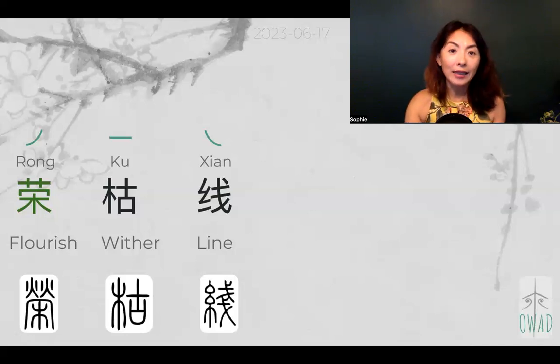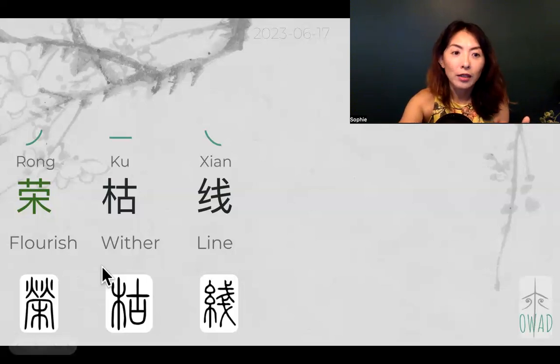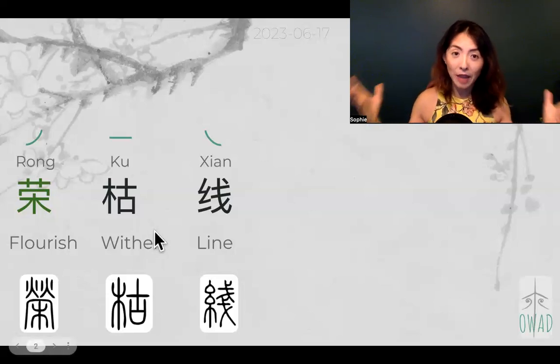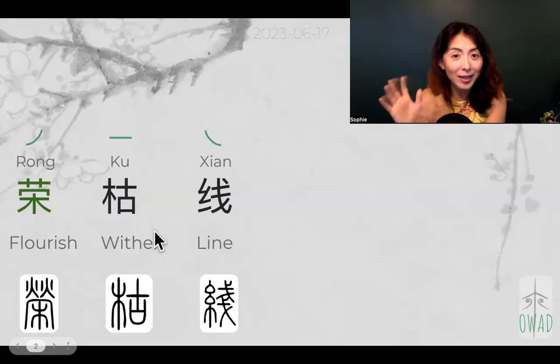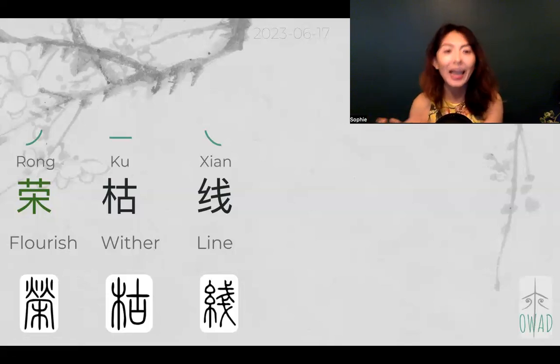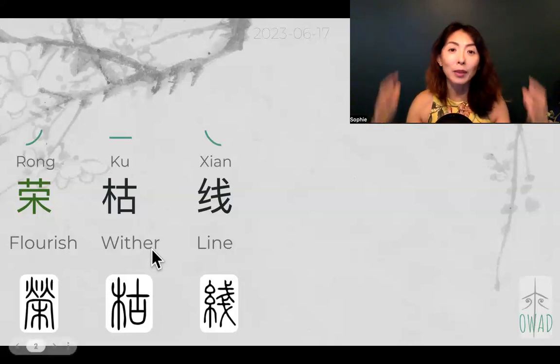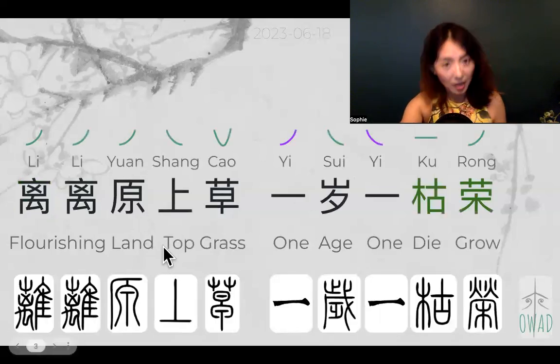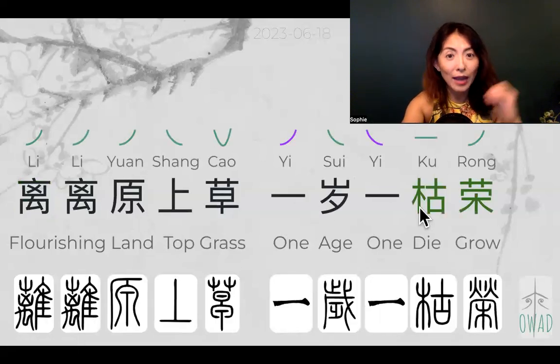So Chinese, interestingly, uses this plant-based symbol. 荣 means flourishing, like a big canopy type of tree, and 枯 means a ten-generations-old tree that's possibly withering. So we're using the tree life cycle to show the economic life cycle. Okay. Today we have 枯 and 荣 again in this expression.